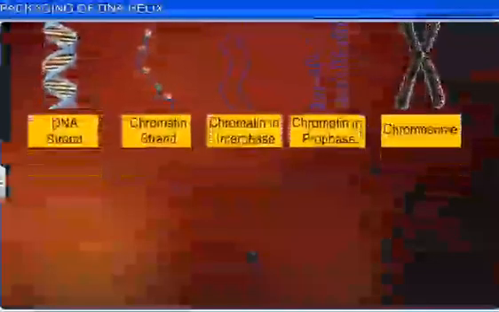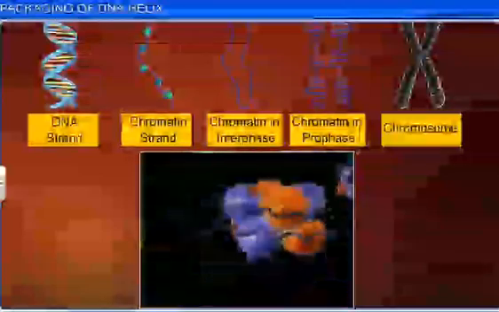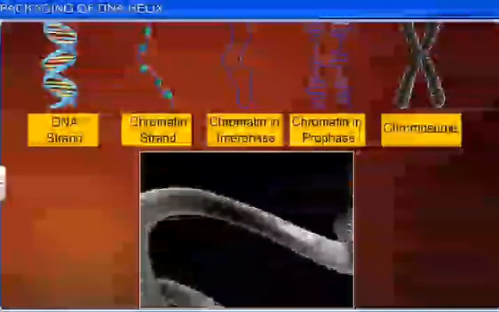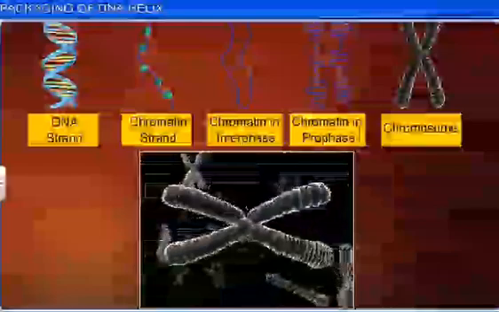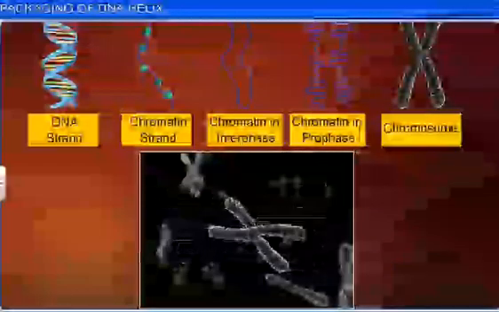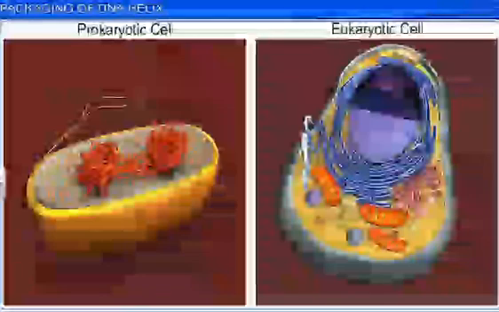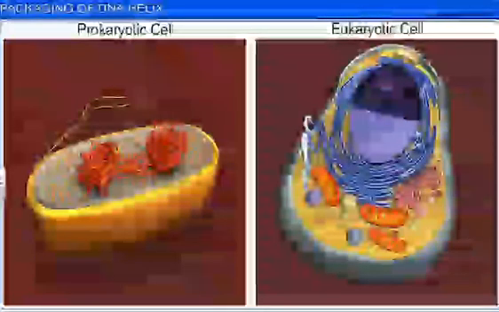These chromatin fibers coil further and condense to form short and thick bodies called chromosomes during the metaphase stage of cell division. In this way, a DNA double helix is packaged into a chromosome, which is further packaged with